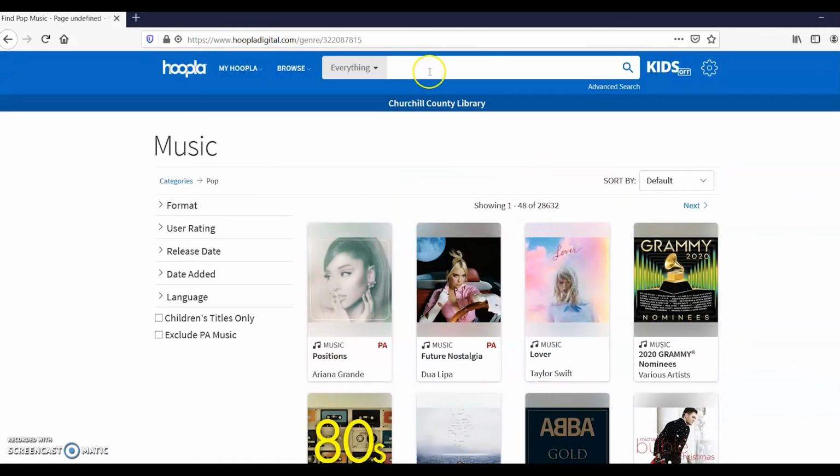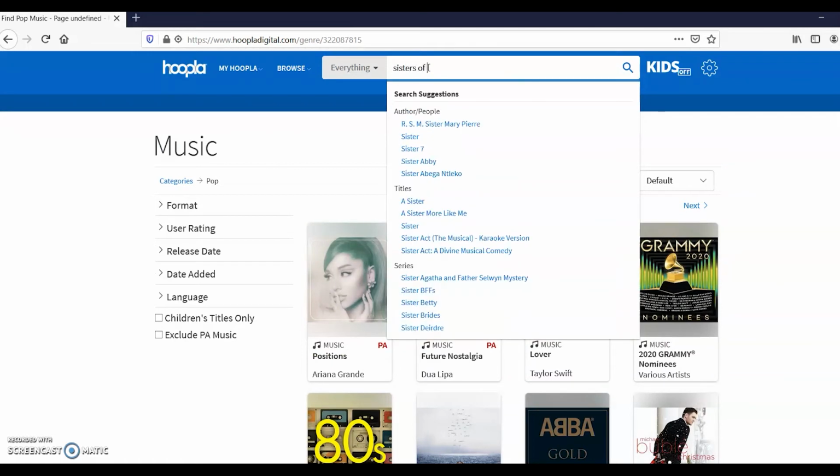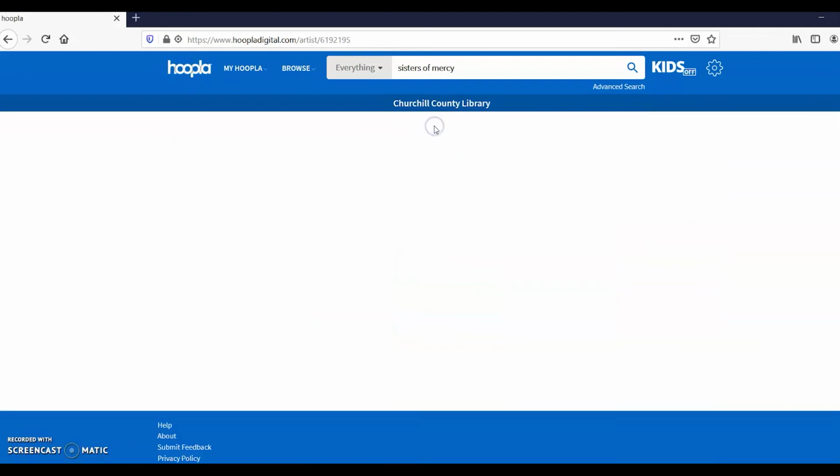The other thing you can do with Hoopla Music is if you know what you're looking for, you can just type the artist in and it will start suggesting. So artists come up as author/people. For our purposes, that's the same as the artist or the musician or the band or whatever. And it's not great at catching the. So the Sisters of Mercy comes up a lot easier with Sisters of Mercy instead of the Sisters of Mercy. And then once you've found the thing you're looking for,